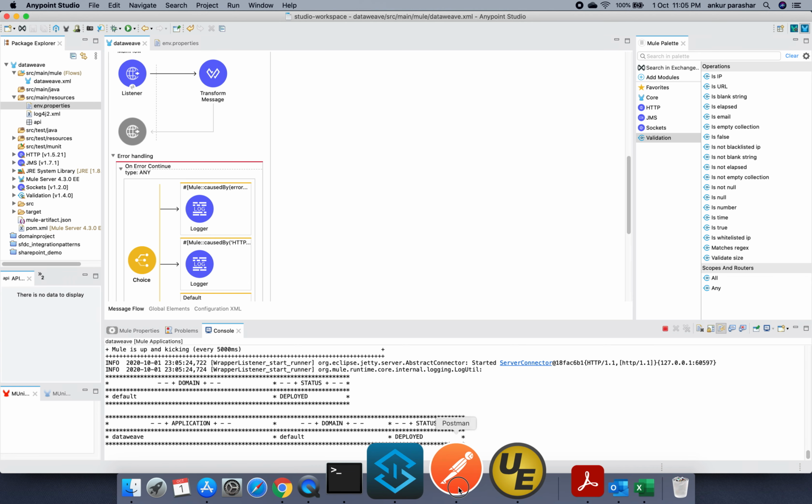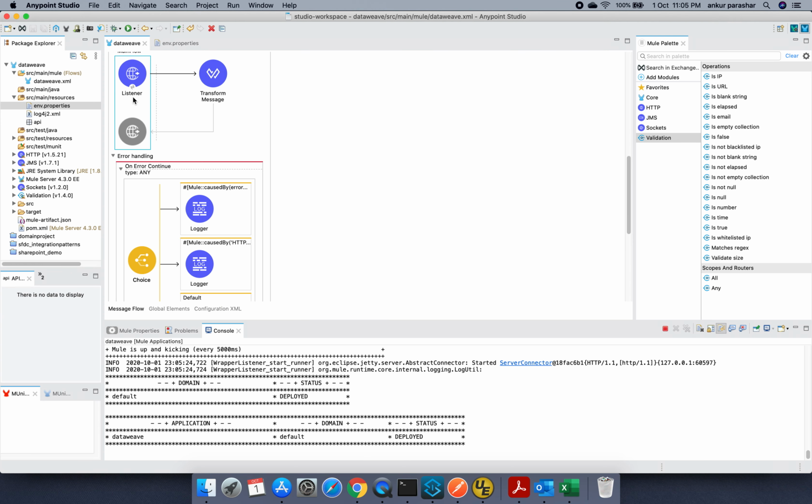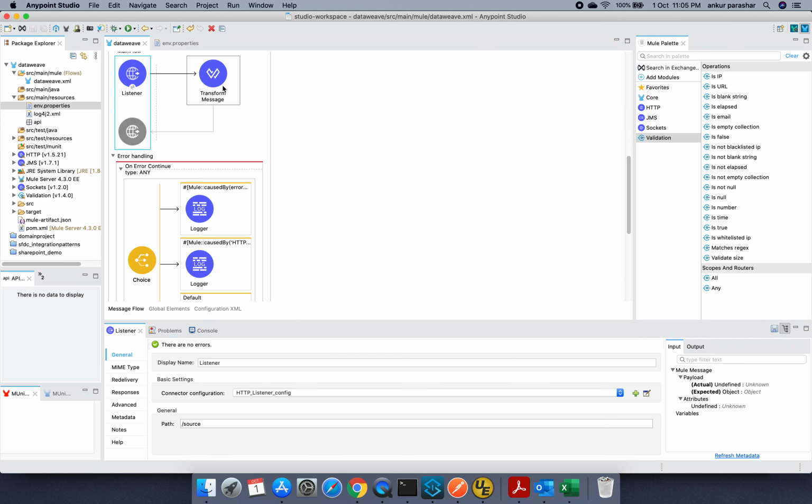Now it is being deployed. I will go to my Postman and check what the listener is. Okay, this is the same one. I will click on the send button and let's see the output. Hello world 8081.